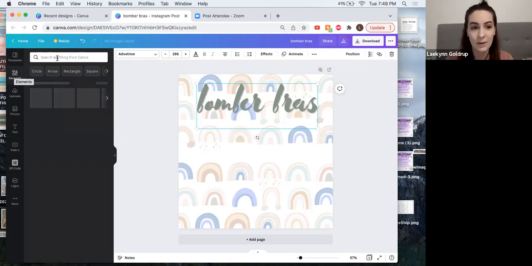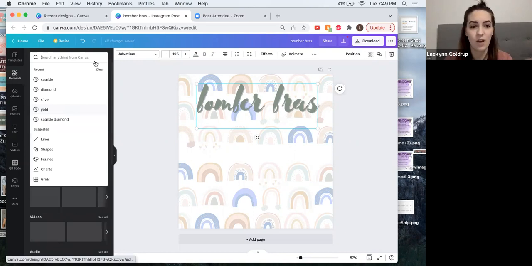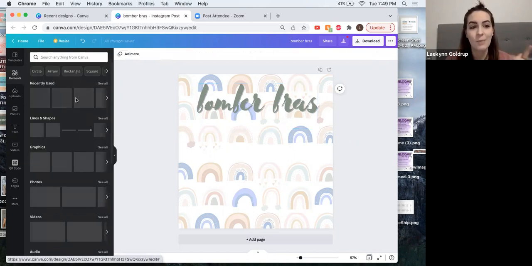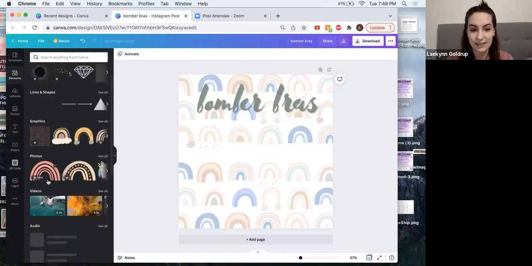We could have searched rainbows in here. We could search sparkles. We could search a dollar sign. Anything we want to use, we can search. But they also have some suggestions here. So there'll be recently searched things. Canva automatically suggests some things that they think I might like based on the fact that I have rainbows on